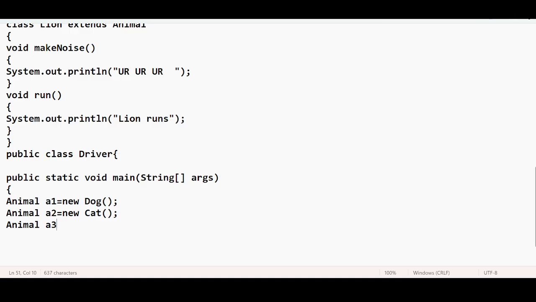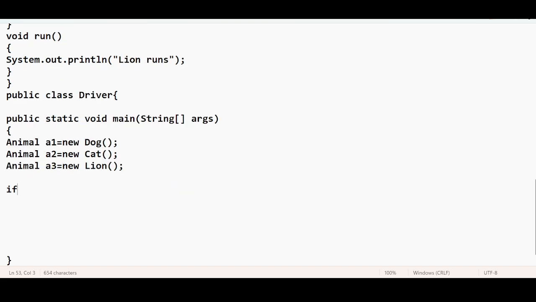I'm going to do a kind of conditional checking. If a1 is an instance of dog, I want to cast it down to the dog type, assign it to the dog's reference variable, and with the help of this reference variable, execute the make noise method. Else if,